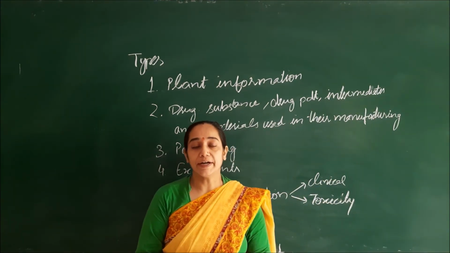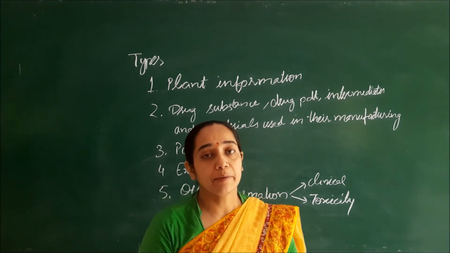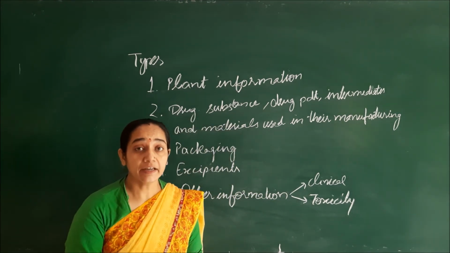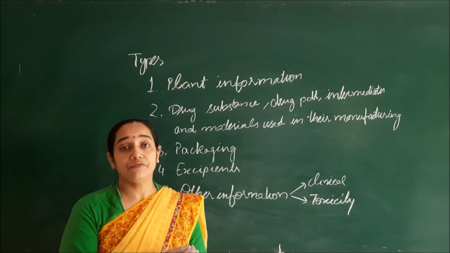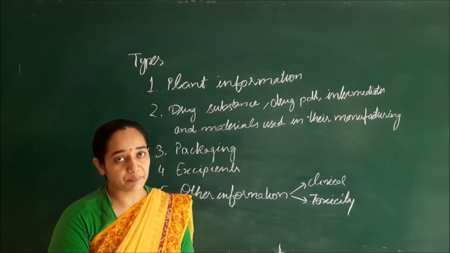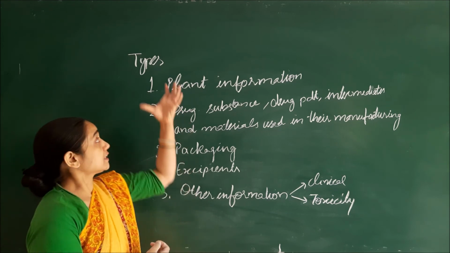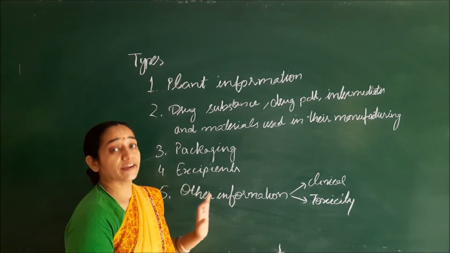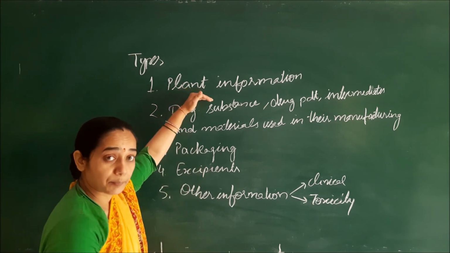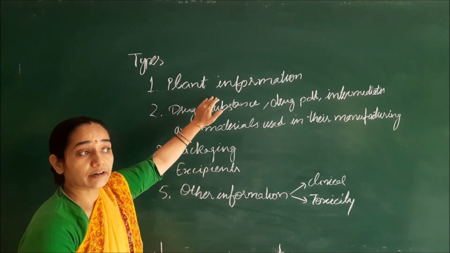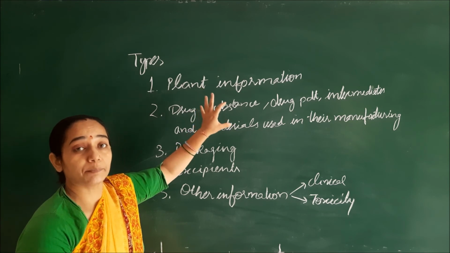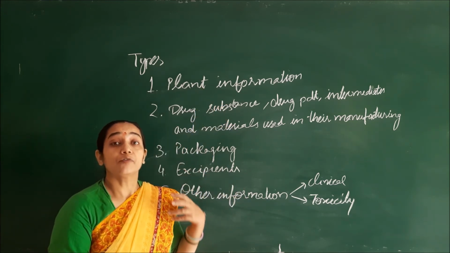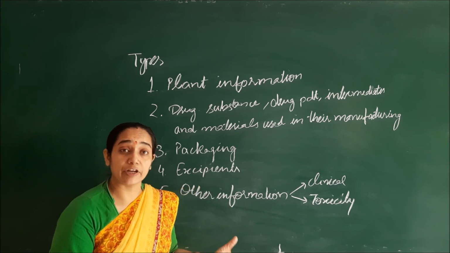There is no regulatory requirement that a DMF should be filed, but it is basically a supplement of the information for the various applications. Now, what are the types of the DMF? DMF originally is of 5 types. Type 1 contains the plant information: all the information about the plant, meaning manufacturing site, manufacturing conditions, space available, facilities available.